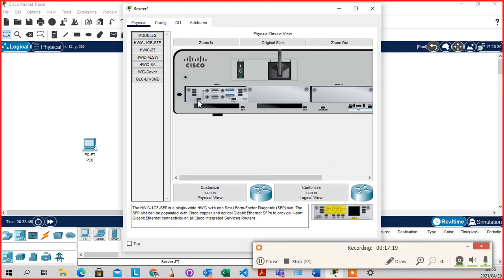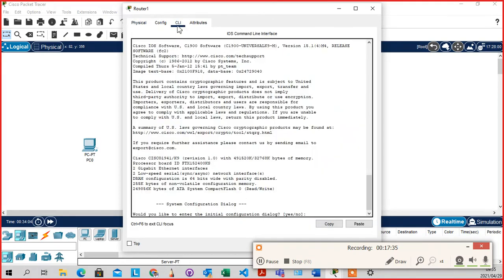All right, so now the most important part in the router is the command line interface, right? So I was saying to you the different commands that you can use on a Cisco device, right? So let's go to command line interface, click on command line interface. So you can go back to that and click on,